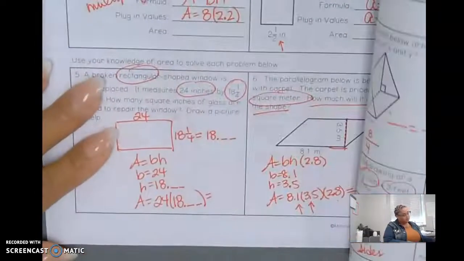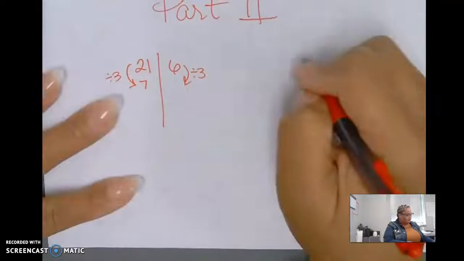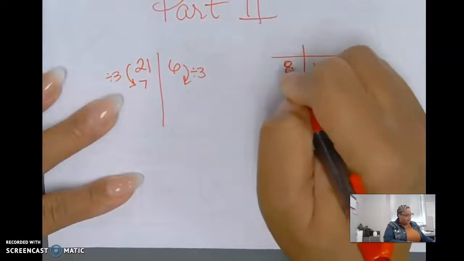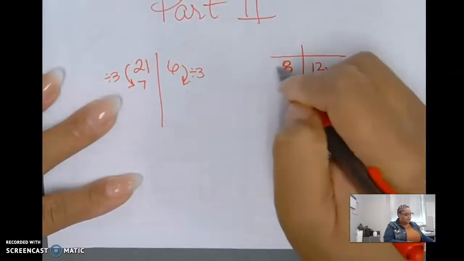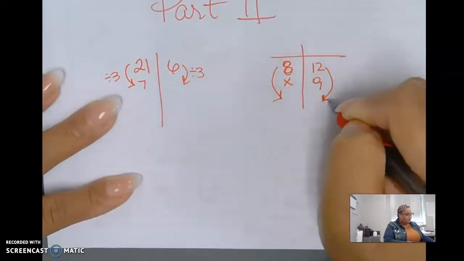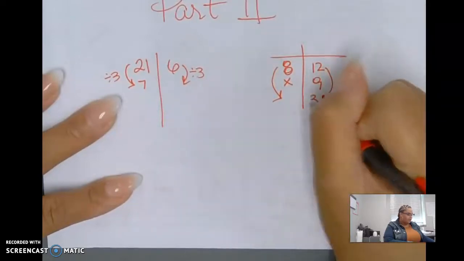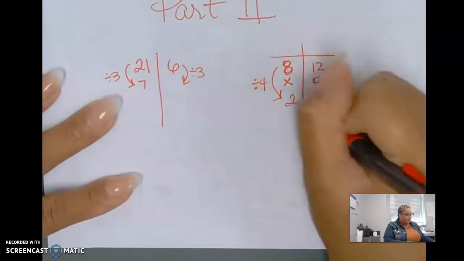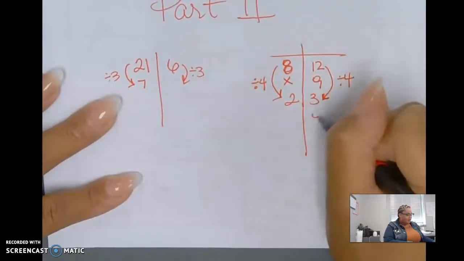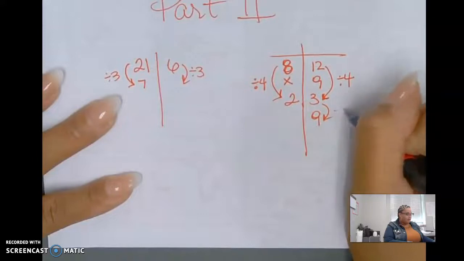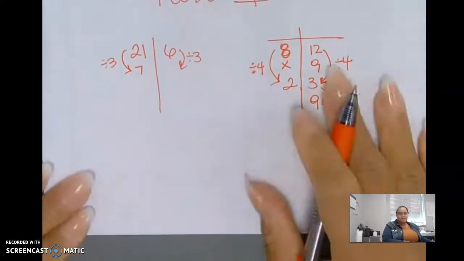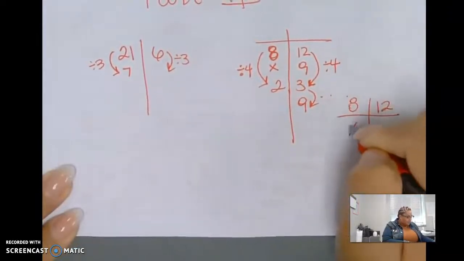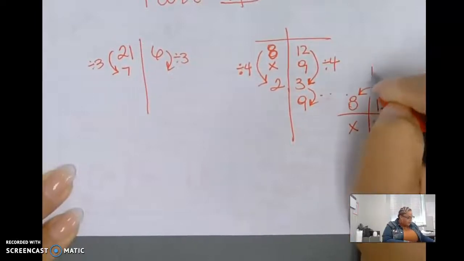And then the other example was 8 and 12. And the goal is to get to 9 and x. Okay, I gotta do something with the 8 and 12 first because I can't go from 12 to 9. I can go from 12 to 3. That's divided by 4. And divide that by 4. 8 divided by 4 is 2. Now I can get from 3 to 9 by doing something else. So that's an example of making a ratio table, or you could do 8, 12, x, 9, divide 12 by